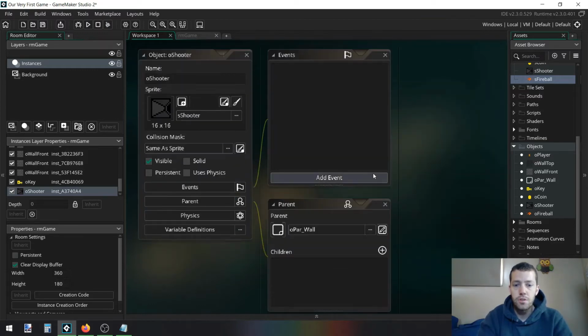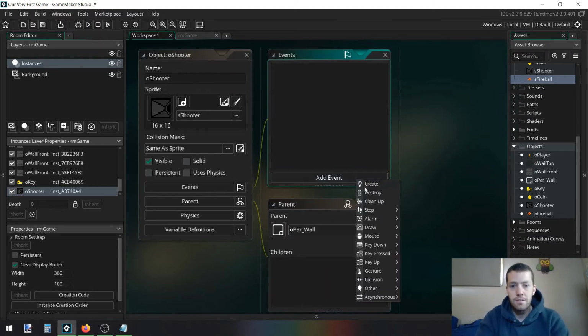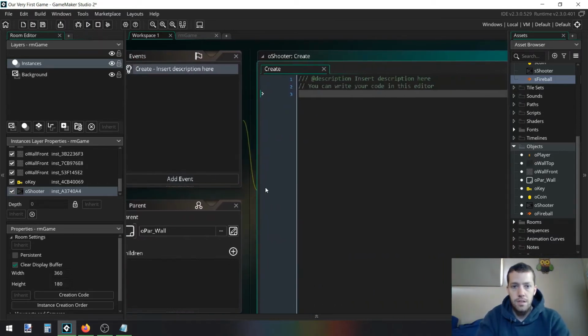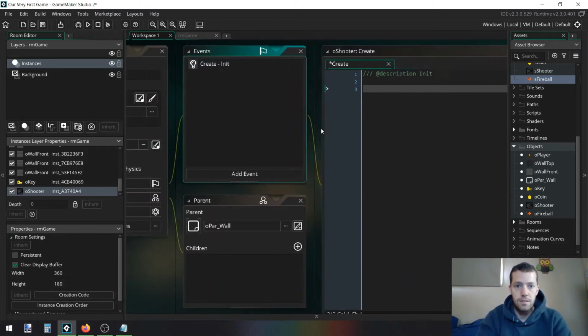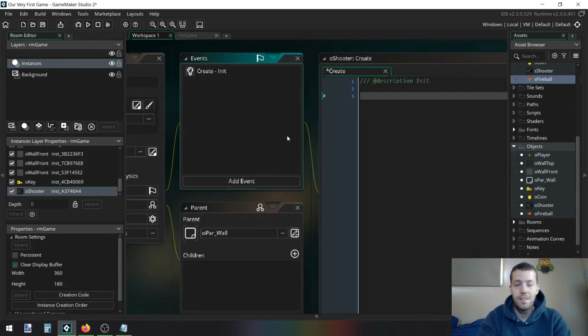Now the shooter has a bit of code to it. So we're going to go add event, create, init, and we're going to set the alarm for the shooting to happen. An alarm is basically a timer, like a timer on your phone, but it ticks and then it lets things happen once that alarm has gone off. So just type alarm,